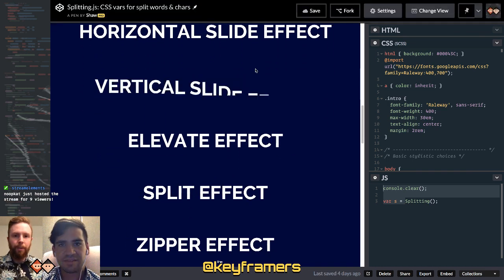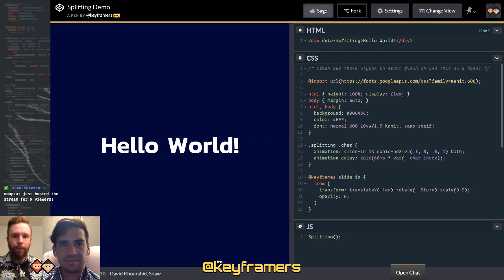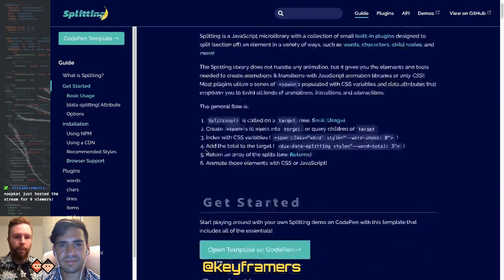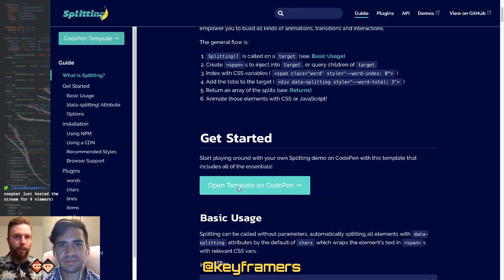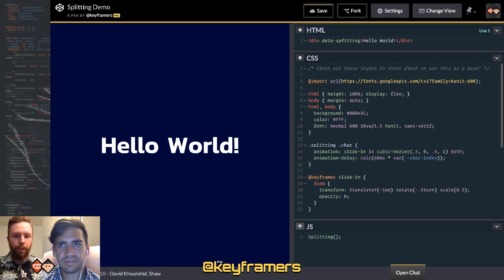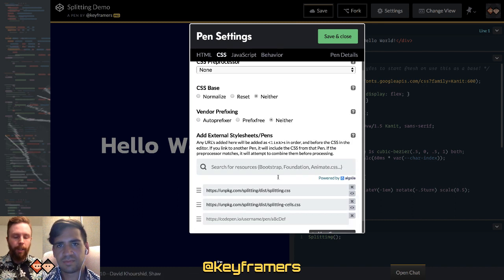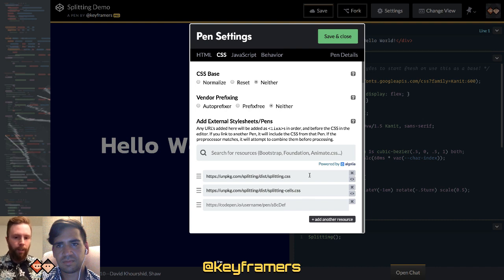Right. So let me pull up our first thing here. In the Splitting documentation, there's actually a link to open a CodePen template. So this has everything populated for you, which is really just a small bit of JavaScript there, including the library, and then the CSS. The CSS isn't strictly necessary, but it does contain a lot of helpful setup stuff.